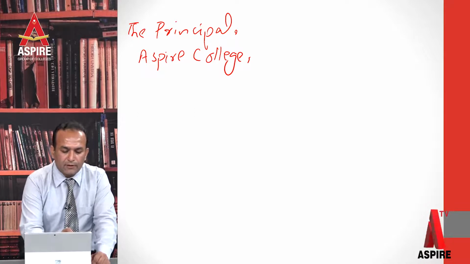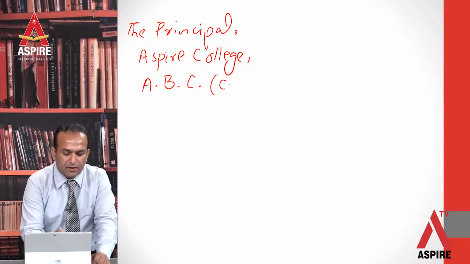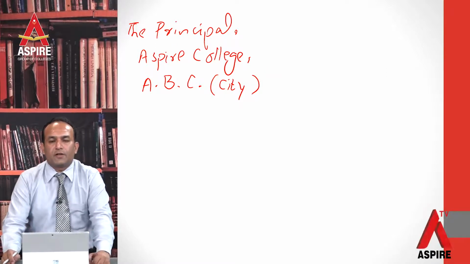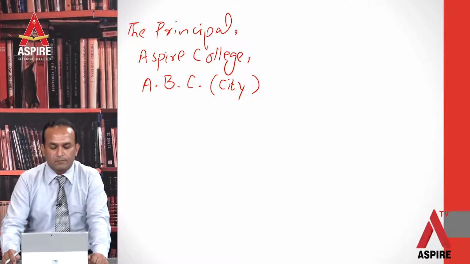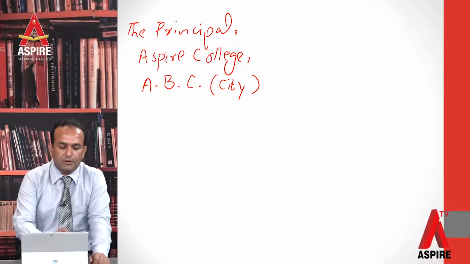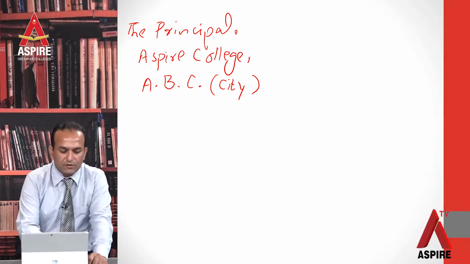And in the third line, you have to write A, then full stop, B, full stop, C, full stop, and then city in parentheses. These 3 lines are called address in application writing. And after these 3 lines, you have to leave a blank line. And after that, there is a salutation. And what is salutation? Sir,